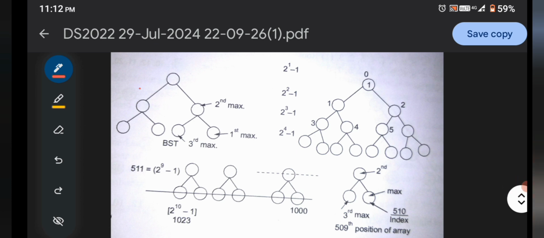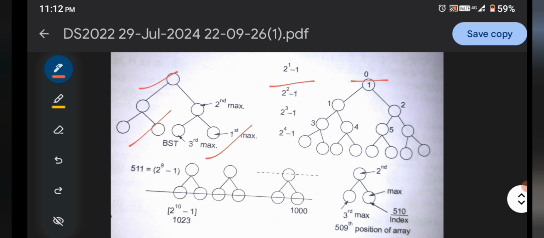So we say that this complete binary tree has been represented like that. Now if we're talking about the third largest element of the tree at that index, it is represented like this. If the number of nodes for that tree is given like that.